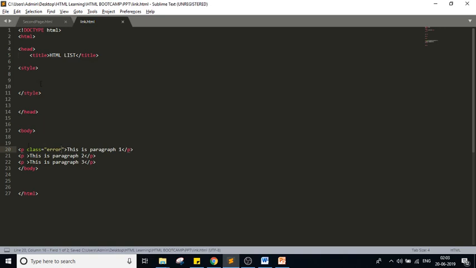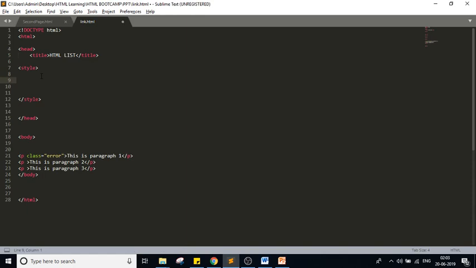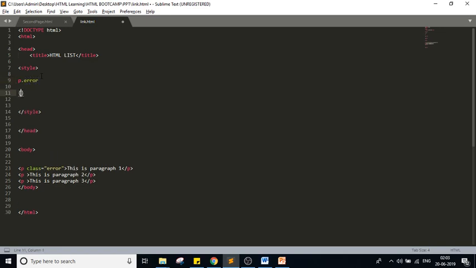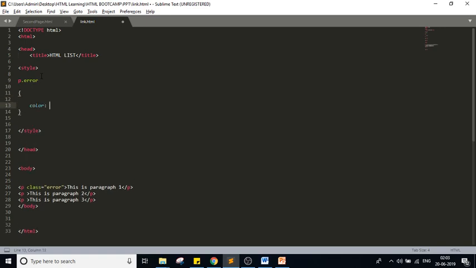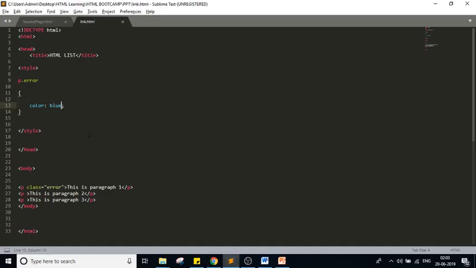Now I want to change this particular paragraph. If I want to change it, then under style, what I need to write is p, and then dot, and then the class name. What is my class name? error. Then again opening, closing. Then if I want to change the color, blue, let's see what will happen. Or let me put it as yellow,